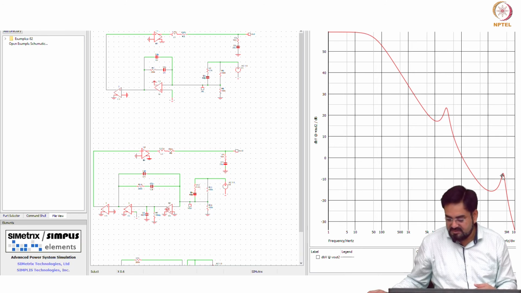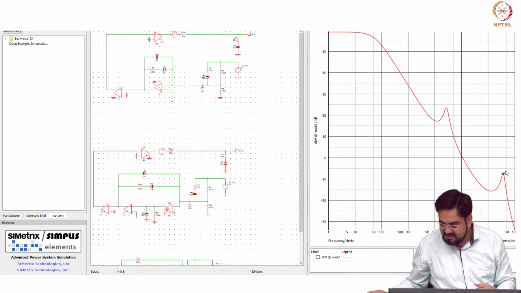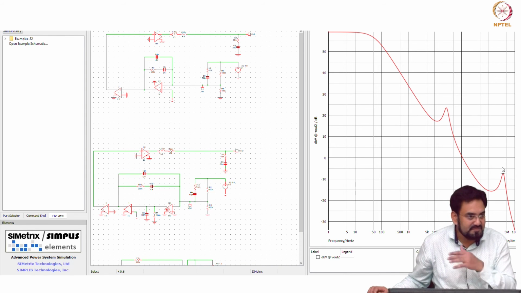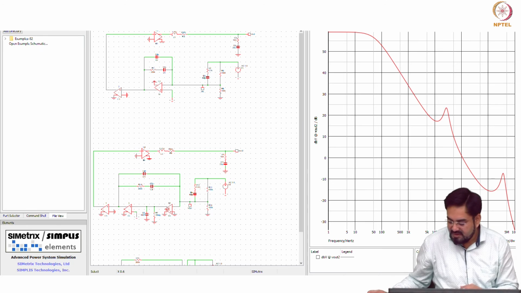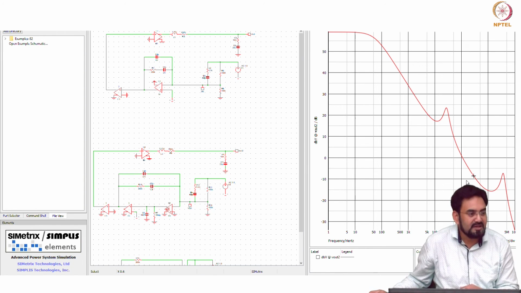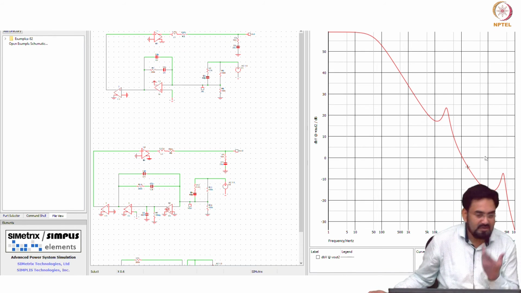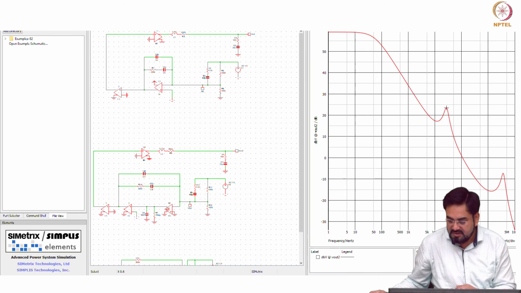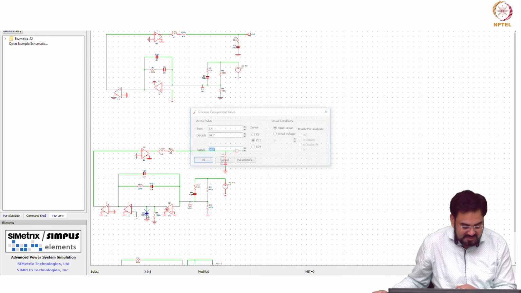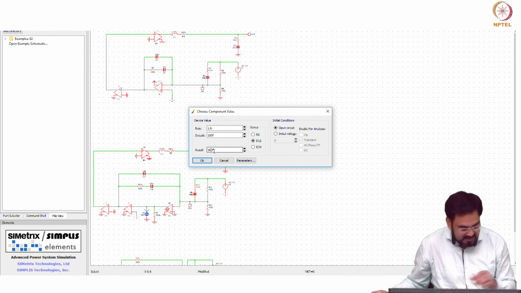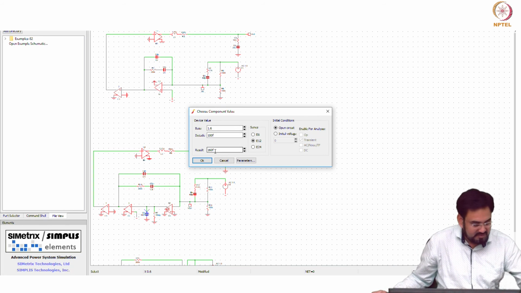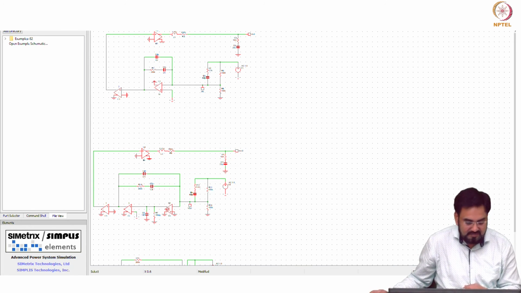You can see here the resonance, okay, and this is not far away from your 0 dB, it's minus 7 dB. So still you might see some ringing in the output, and this is occurring at high frequency. If I reduce the UGB of this, then this will shift to lower frequency, which means this peak may even touch your 0 dB or it may cross, so it may make your whole system unstable. So if, let's say, right now it's 1 megahertz, I make it 16 femto, so this will become 10 times.